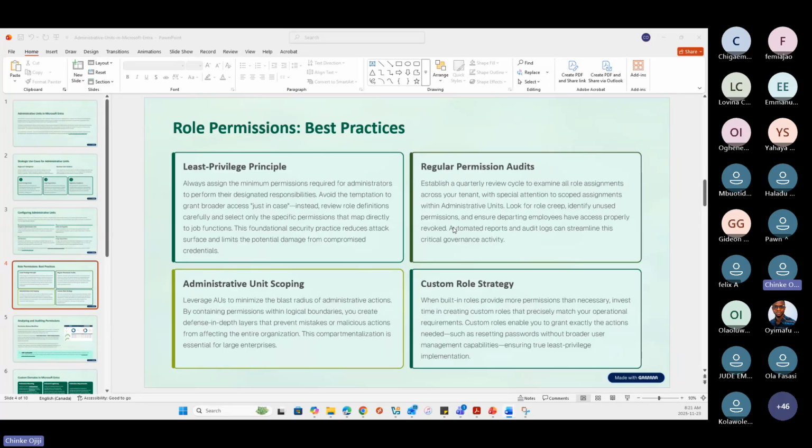And then also, it's a security plus as well for you to carry out those audits, because you are able to see, okay, this user is not supposed to have this role, but this user has it. You're able to catch on to it very fast. That's for the audits. And then scoping your AUs,